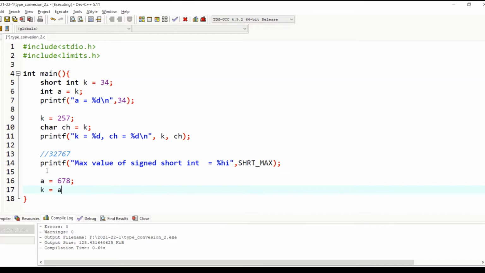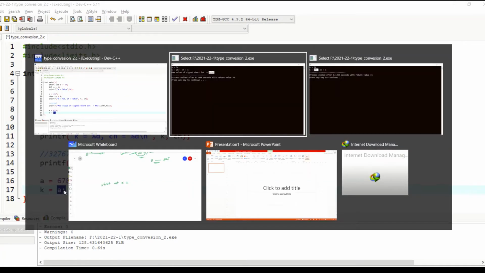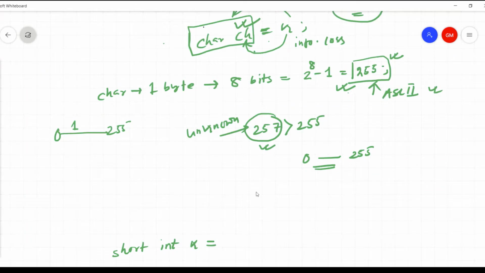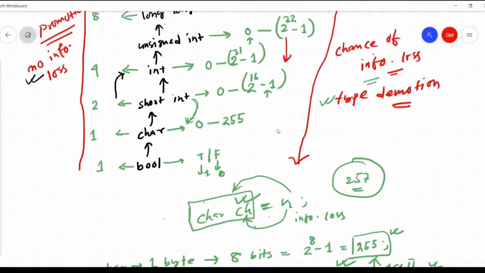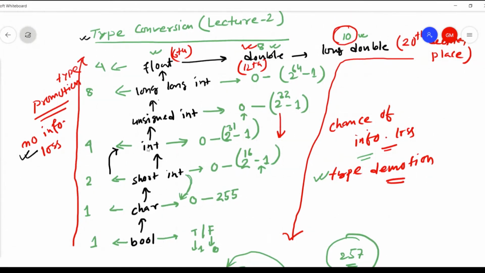Now I am assigning a to k. Look at the last two lines. The type of a is integer and the type of k is signed short integer. So the R value of the assignment operator holds the higher data type according to our figure.